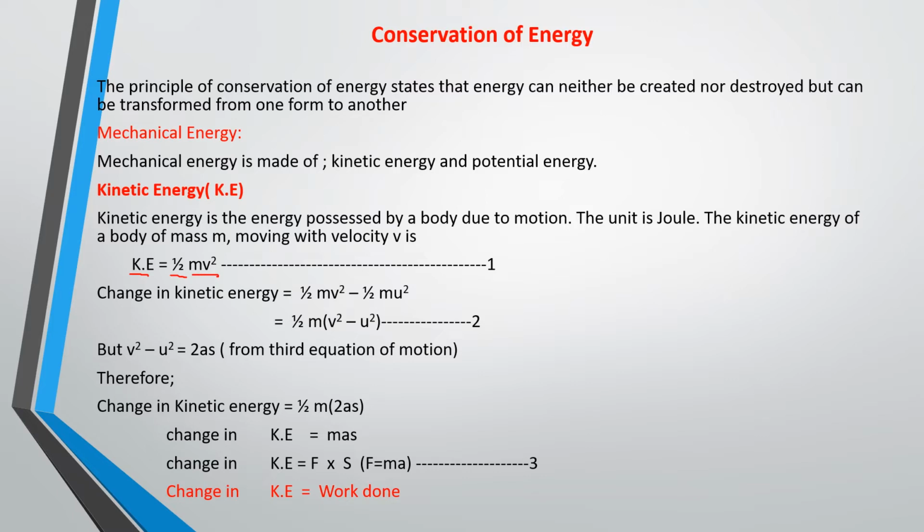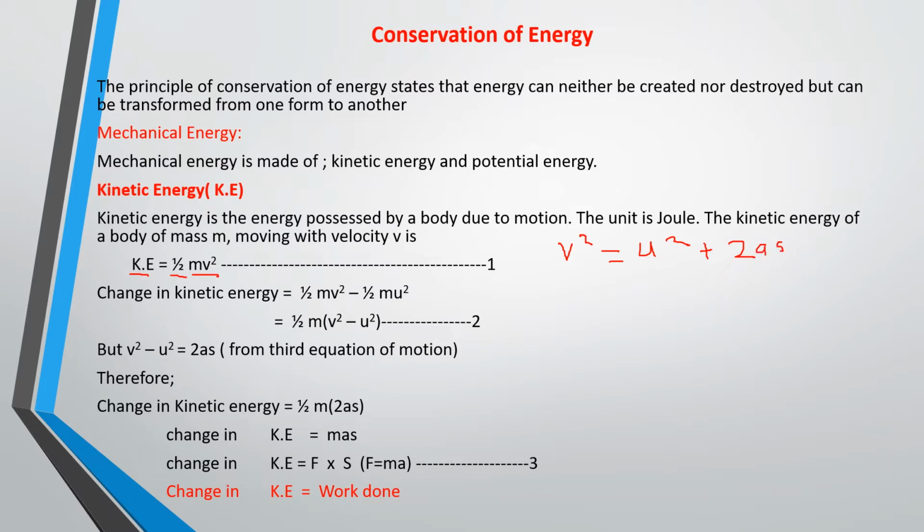Now this equation, you can derive it from the third equation of motion. The third equation of motion states that v squared is equal to u squared plus